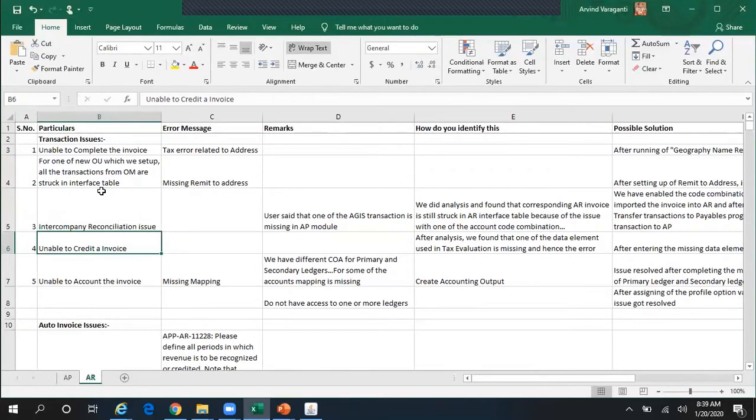The next issue is about unable to credit an invoice. Again, this is a very common issue in our current client. Whenever users query for an invoice and then click on tools credit to create a credit memo, we get some kind of error message. The reason being, within our EB tags and Vertex, we have certain rules to pull certain information from the original invoice. So whenever we create a credit memo, some of the data elements of the original invoice are also used